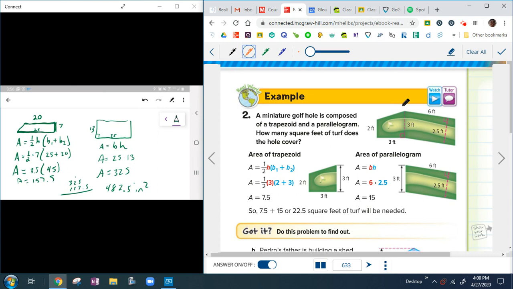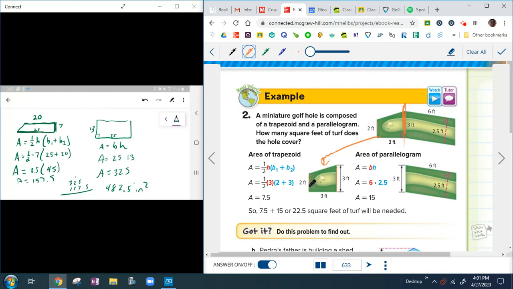Looks like we're slicing it right here. All right, and what two shapes are they? Well, a shape that has a pair of parallel sides, or two parallel sides, is a trapezoid. So this guy's over here, and just make sure these parallel sides, even though they're not sitting on them to be like a base that you would normally think of, the parallel sides are always your bases when it comes to trapezoids, okay? So what we need here is to plug in those two numbers, 2 and 3, into the